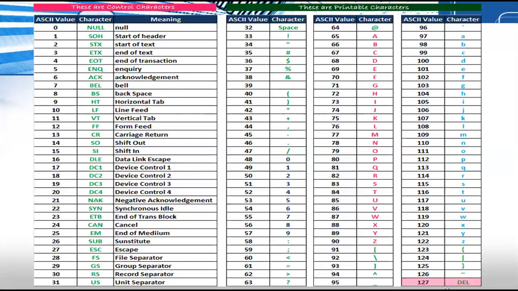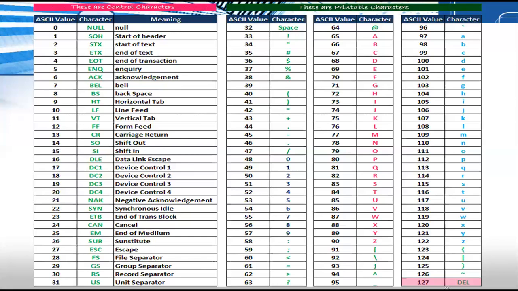This is the major difference between control characters and printable characters. To find the difference between them, we can use some predefined functions which are declared in the ctype.h header file, which we will see in later sessions.